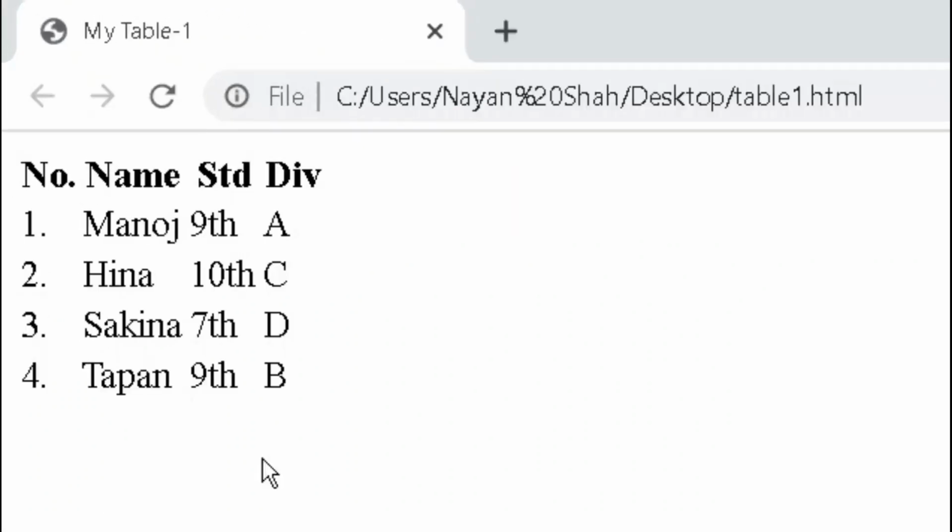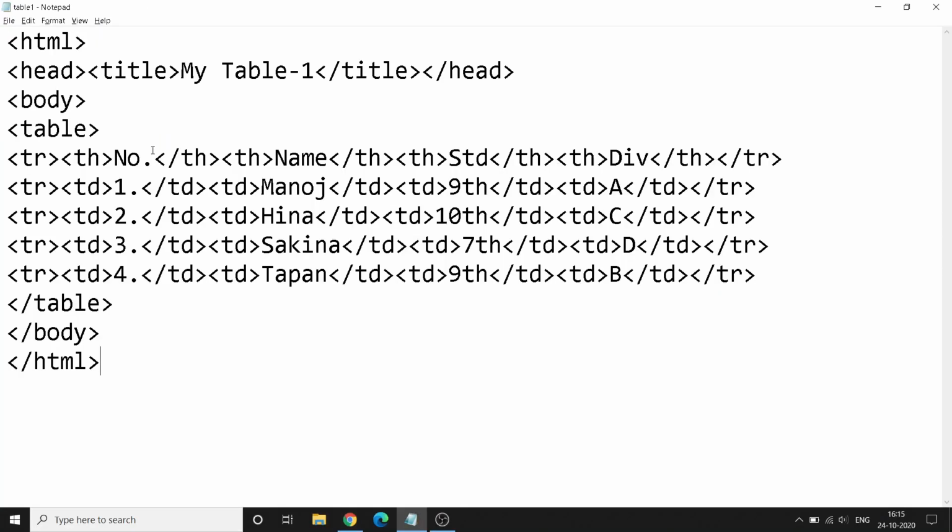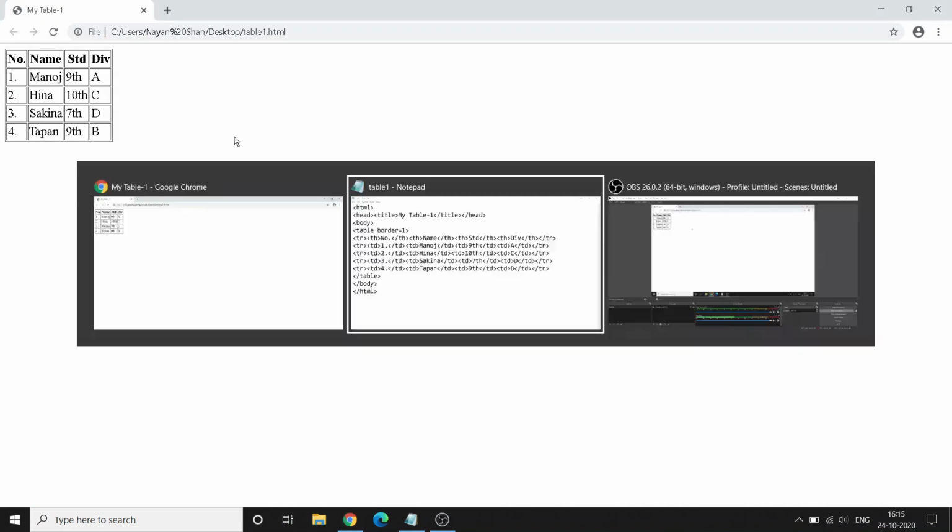As you can see, there are no lines, so it doesn't look like a table, and it doesn't give the reader a good experience of reading the data. So the first and foremost important thing is to write the border attribute. Let's say border equal to 1, and you can see that now you have a border around the table.